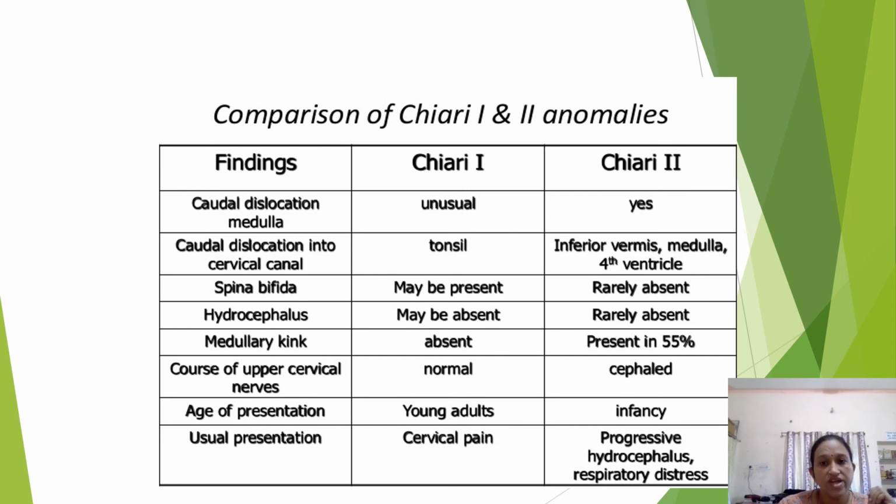Course of upper cervical nerve is altered in type 2 malformation. Age of presentation is later in type 1 malformation, while in type 2 the child presents very soon, in infancy. Usually the type 1 patient presents with cervical pain and the type 2 patient presents with progressive hydrocephalus and respiratory distress. So